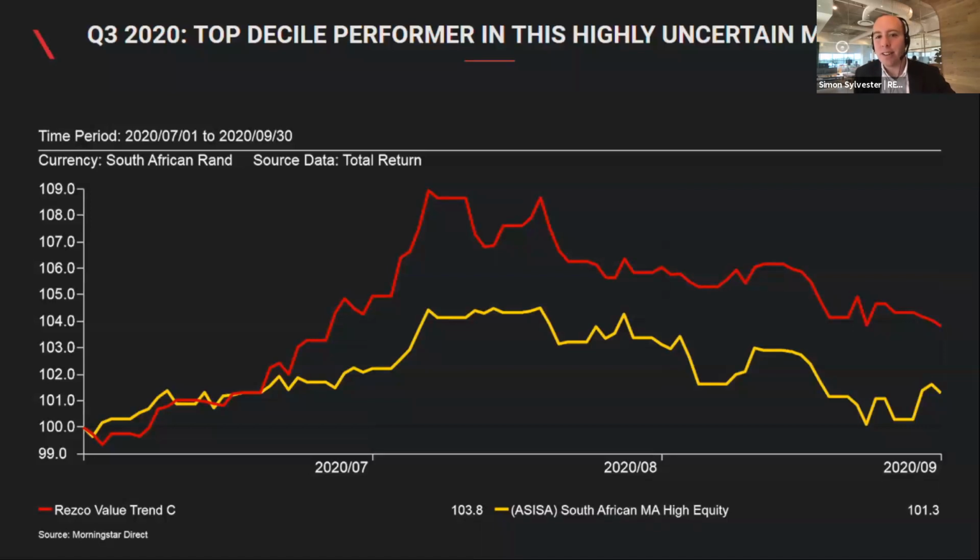It wasn't guaranteed 3 months ago, 6 months ago, that we were going to recover the way that we have, globally. Had the market crashed again, i.e. it had a bear market rally and it crashed again, we were actually positioned for that outcome, while noting to take select opportunities to get some good returns. So had the market crashed, Rezco value trend would have been a significant outperformer in a market that fell a lot. That being said, it didn't, and we're flexible, we're nimble, and we managed to get some good returns for our clients,